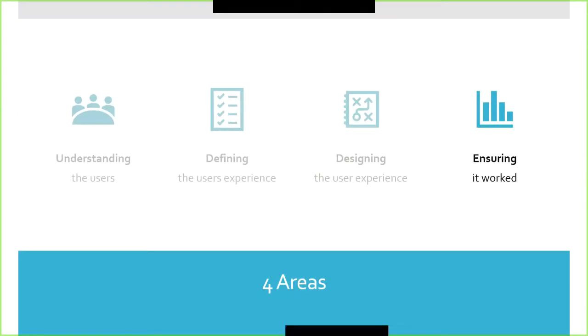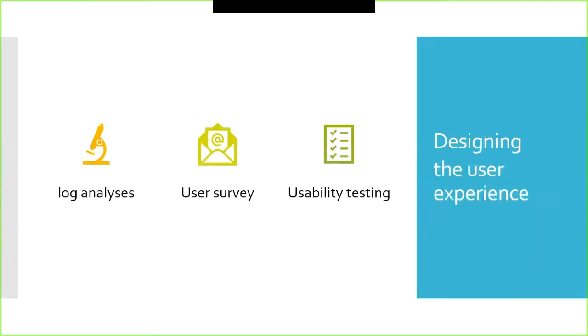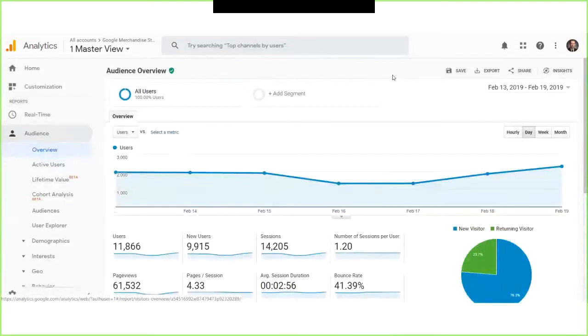The last one is ensuring that it worked. This comes from log analysis, user surveys, and usability testing. Log analysis is looking at what people did. Everything up to this step is a hypothesis. That persona is just an idea of who your users are. That use case is just a thought of how they're going to use it. The prototype is your best guess of how that user flow is going to work, how people are actually using it. But if you don't know what they're really doing, you're just going to hope that what you did was right,